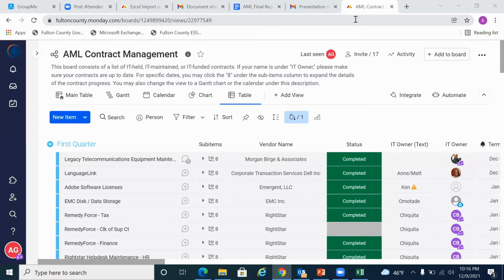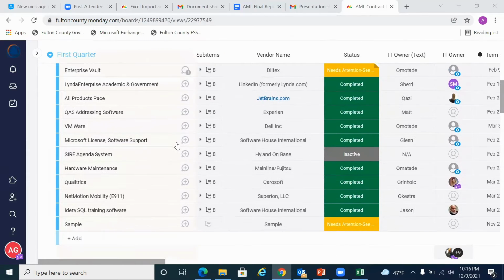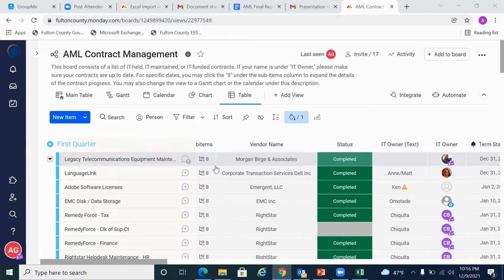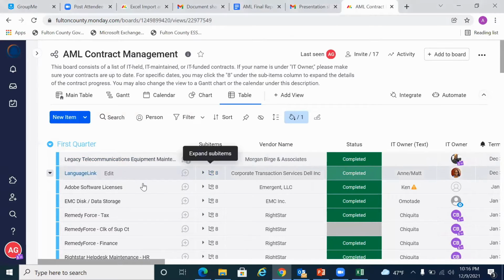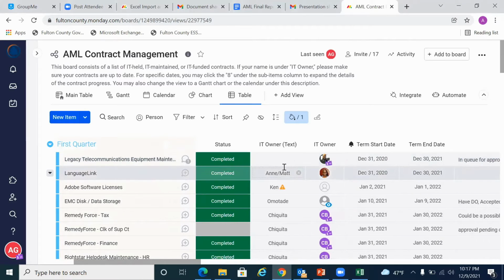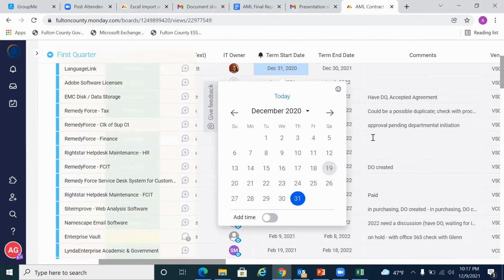So this is Monday.com, and I'm now going to show you the views here. As you can see, this is the table view. On it, you can see it organized into the various groups, the contracts underneath, as well as the various column names. This is the contract name, the vendor name, the status of the contract, IT owner, in both text and image, what the term start date of the contract and end date of the contract is,